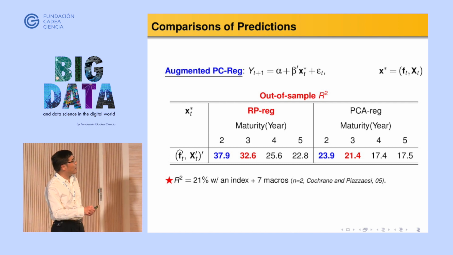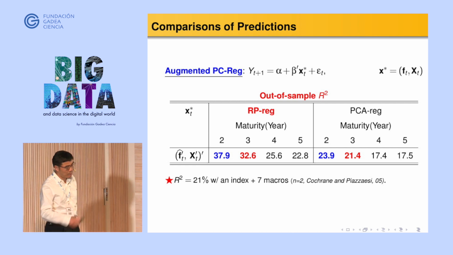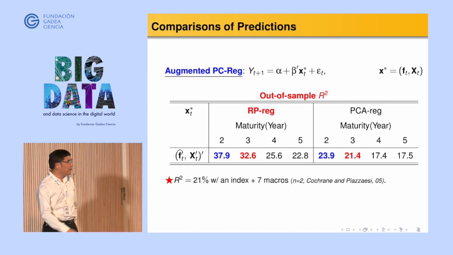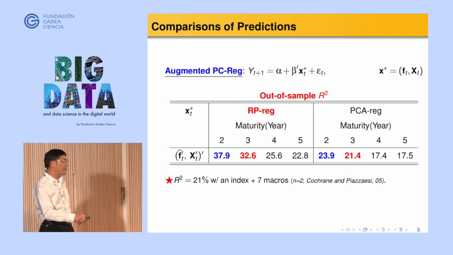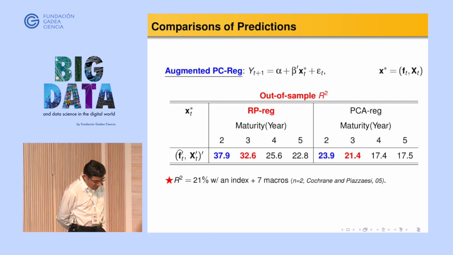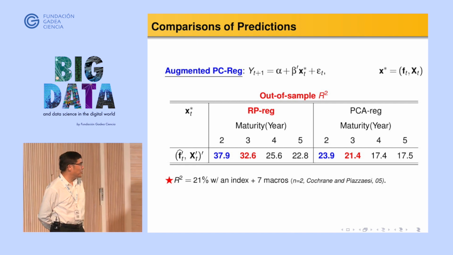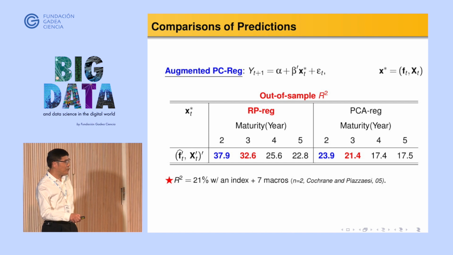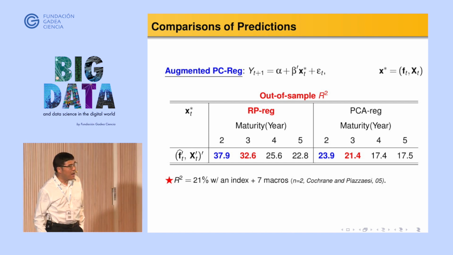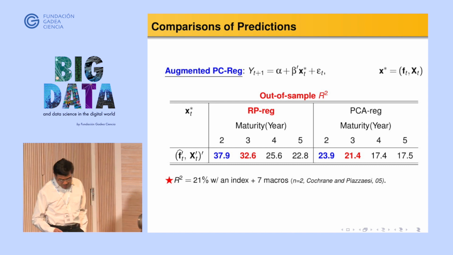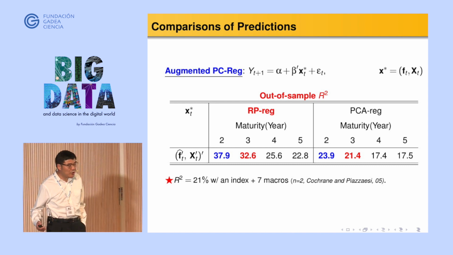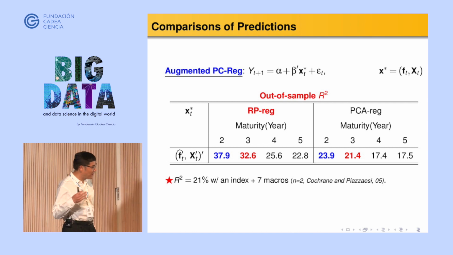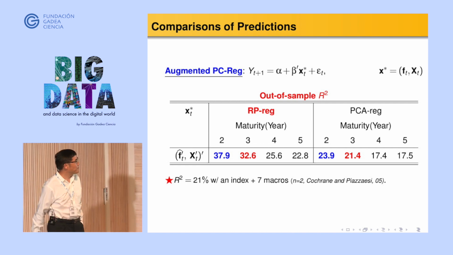So I have 13. So I could just do simple linear regression to forecast bond risk premia. And this side is just the usual conventional least squares, which gives an out-of-sample R square of 23.9. By just optimally tuning your truncation parameters, you jump to 37.9. And similarly, for 3-year maturity bonds, you jump from 21 to 32.6, and so on. So this shows you, another time, the power of truncation. And it's a very cheap and very easy way to implement.